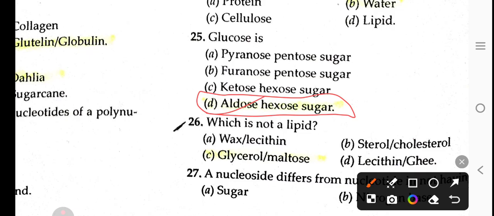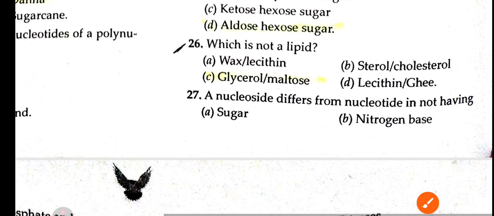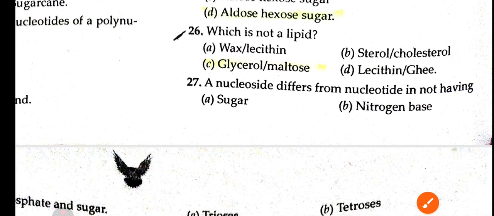At the first carbon, and it consists of 6 carbons, so it is a hexose sugar and contains an aldehydic group, whereas in the case of fructose there is a ketonic group. Next, which is not a lipid? Out of the given options, option number C, that is glycerol and maltose, this pair is not a lipid. A nucleoside differs from the nucleotide in not having,